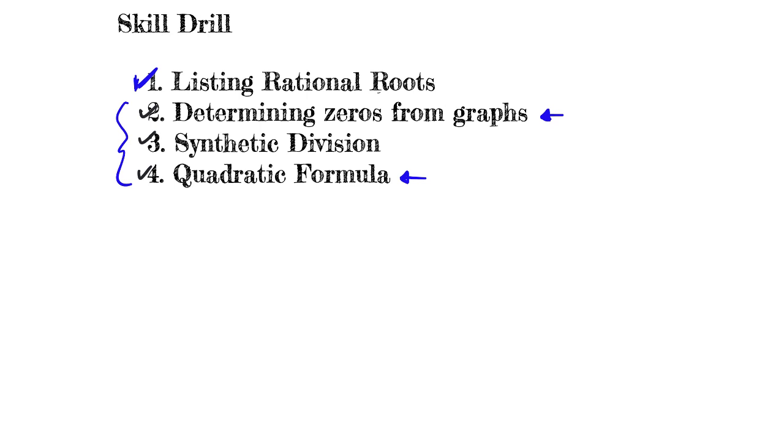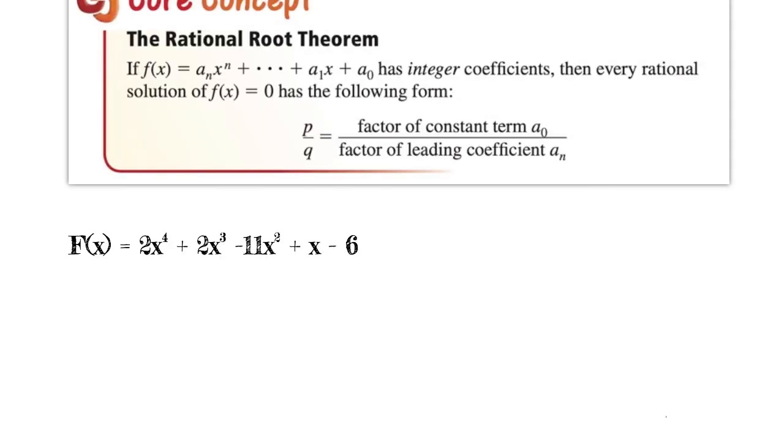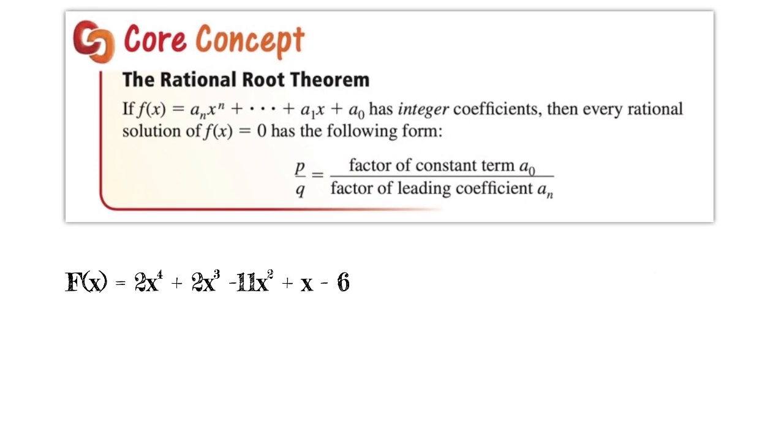Now, if you recall, on Friday, what we did talk about was the rational root theorem. It reads kind of crazy. It's difficult, I think, for students, or most people, to understand when they first read it. What it says is that if you have a polynomial, so they've written this polynomial crazy, it just means it could be of any length. The key things are it's written in standard form, and